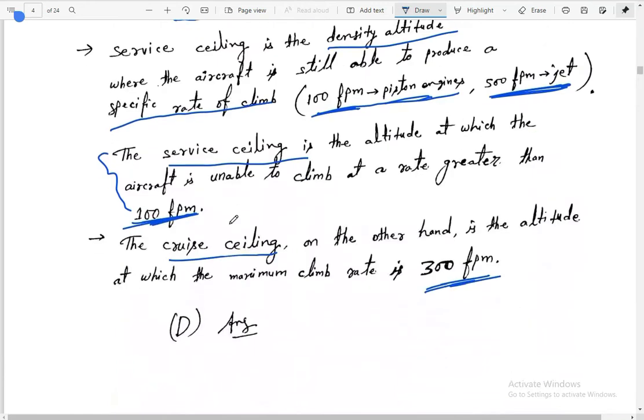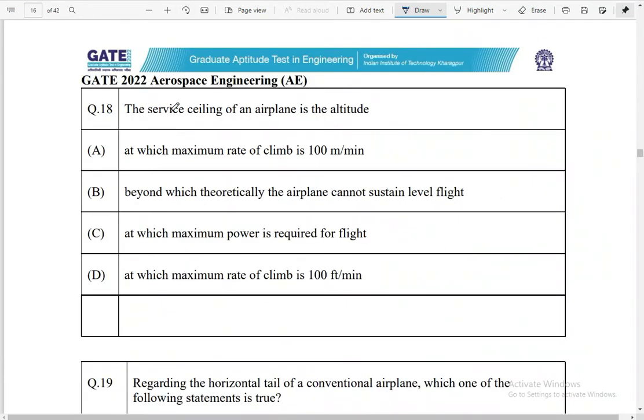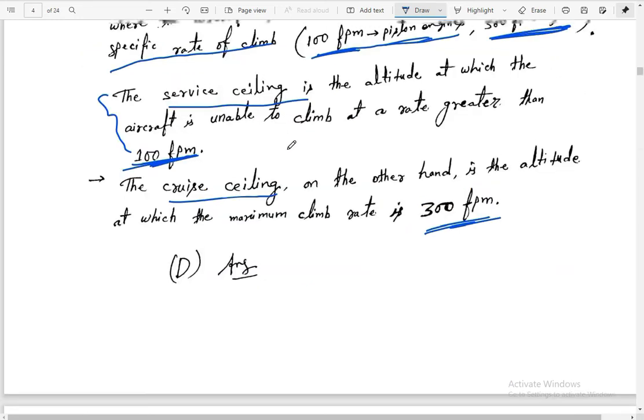And here is given for service ceiling. So here you can see it is not given 500 fpm, that is for jet engine, right? But here it is given 100 fpm, so we can understand this is talking about the piston engine. So for a piston engine, the maximum rate of climb is 100 fpm, feet per minute. Sorry, fpm is feet per minute, because altitude will be in height per minute, that's why. So